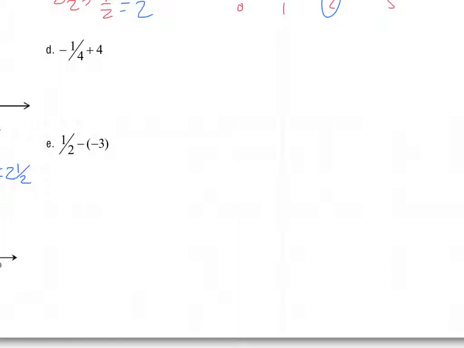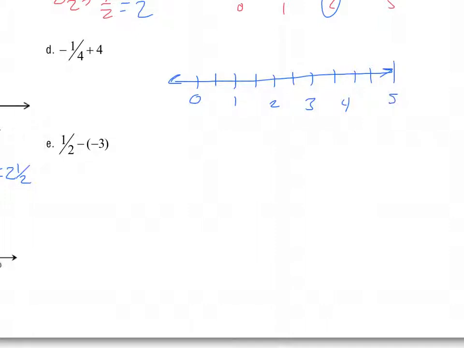Go ahead and make sure that you've done this next one. It looks like we have negative 1/4 plus 4. So on a number diagram, again, this looks like it's all going to be in the positive. I'll just start with 0 down here. I'll count by halves. 1/2, 1, 1.5, 2, 2.5, 3, 3.5, 4, 4.5,